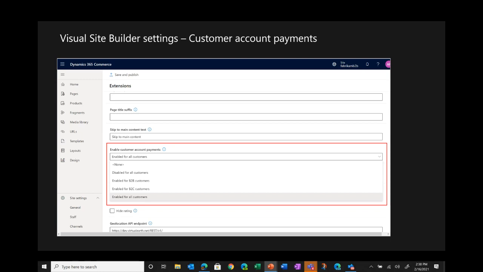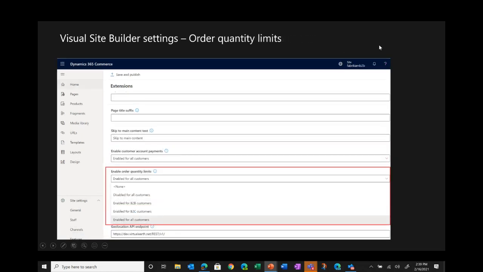And then beyond this, we will also look at the configurations that I spoke about earlier in Commerce HQ. You might allow B2B customers to have on-account payment, but there could be one customer who doesn't have good creditworthiness, and probably for him you do not want to allow on-account payment. So at a customer level you can control it, but you can also do it at a group of customers level from the Visual Site Builder tool. So that's one configuration that we have enabled.